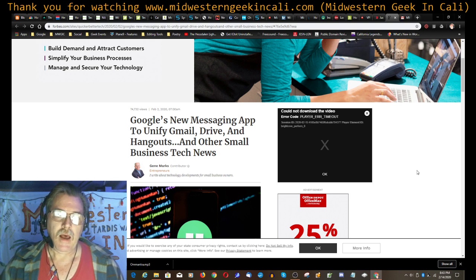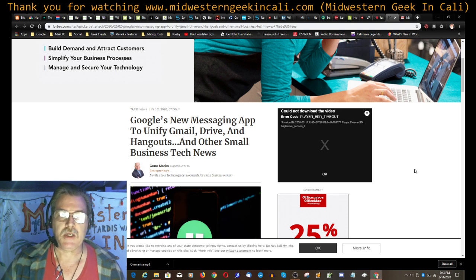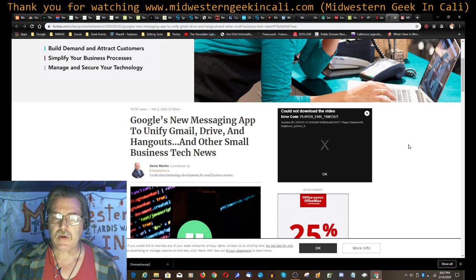I'm going to want to reread this article again, because it's been a little while since I got a chance to skim through it really quick. But I'm interested to see what the vision for this is going forward and how they are going to fit all this into one app. Is this Google trying to come up with another competitor to other, more popular messaging apps, or are they actually going to make something successful this time? Yeah, it's an interesting proposition, so I definitely want to find out.